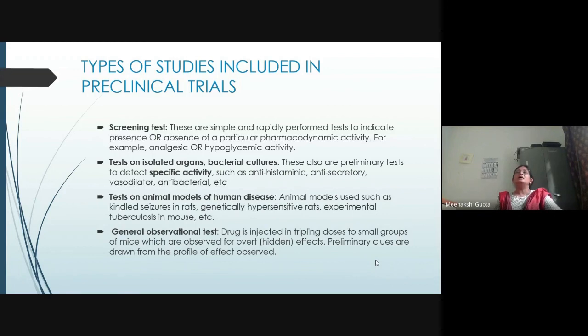So yes, ma'am. These biodistribution studies are a particular type of studies. We can call them preclinical trials which are done on animals, just to know whether the new drug delivery system is performing, what type of performance it is giving in the animal model. For example, in rats, whether it will reach the brain or not, whether it is appropriate for brain targeting or not, whether it is appropriate for liver targeting, whether it is appropriate for targeting the bone marrow.